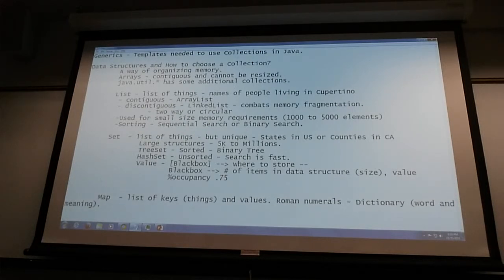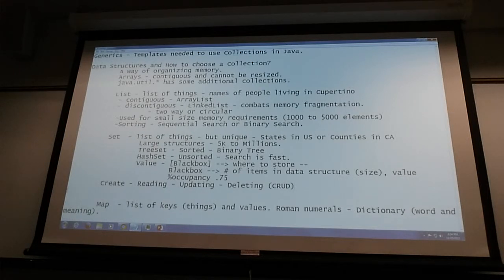Often when you think of collection, you think of creating, meaning adding records, reading, updating, and deleting. So this is an acronym that is used for representing all the operations you can do on a data structure. Okay? So now when we start to determine which collection we are going to use, we start looking at the